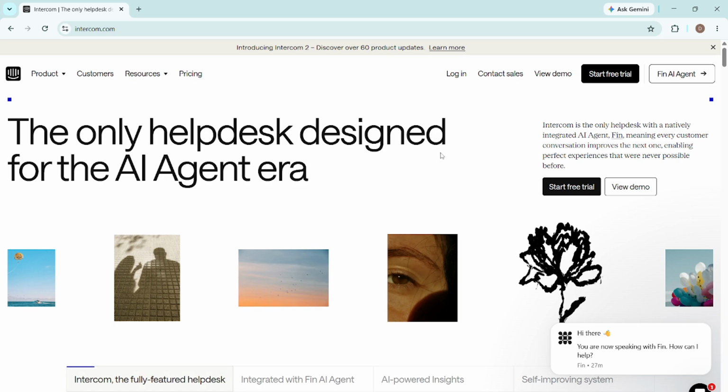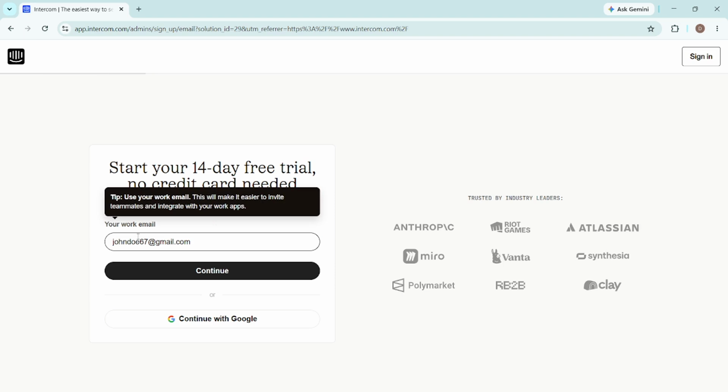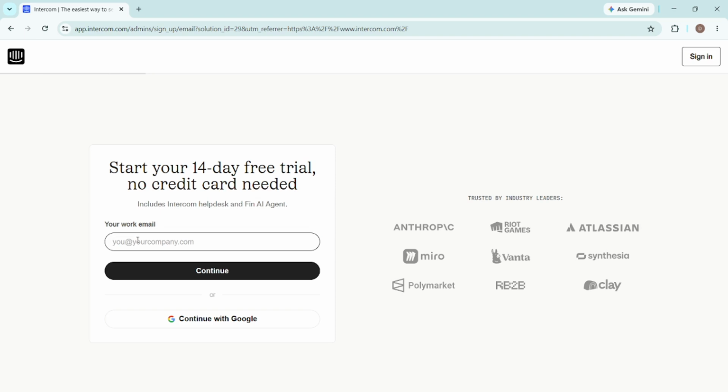Next, click Start Free Trial or Get Started. The wording can vary depending on what Intercom is currently promoting, but the goal is the same. Begin creating your account. After you click, you should see a sign-up page where Intercom asks for a few basic